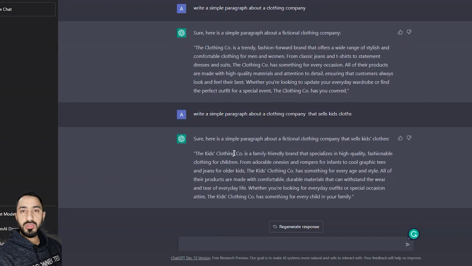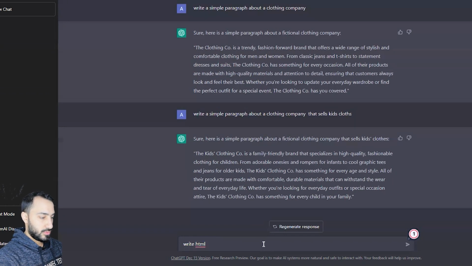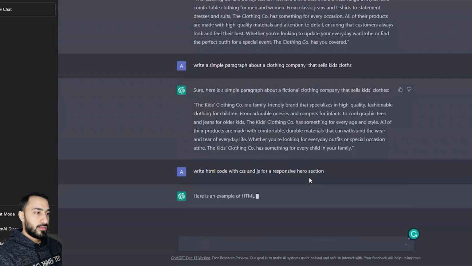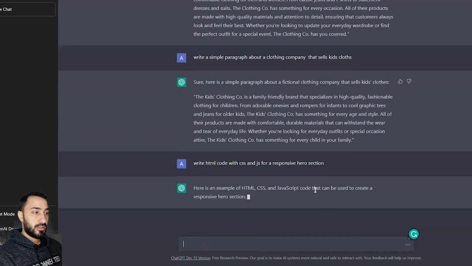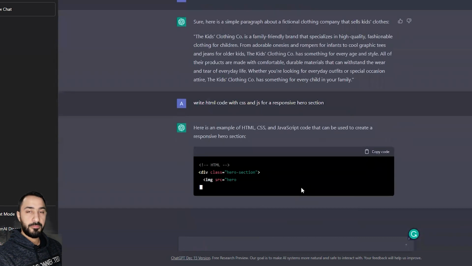So this tool can be used immensely in this part, and even for more advanced options. For example, if you are stuck on some code that you need help with, write: HTML code with CSS and JS for a responsive, let's say, hero section. Okay, and then it will try its best to create, and actually it delivers, as you can see, a very detailed